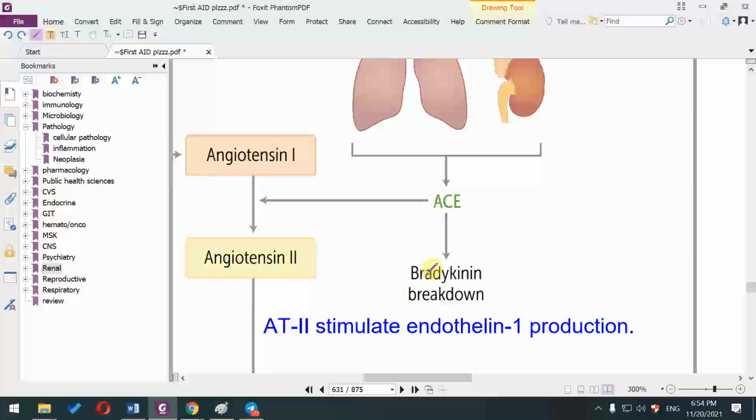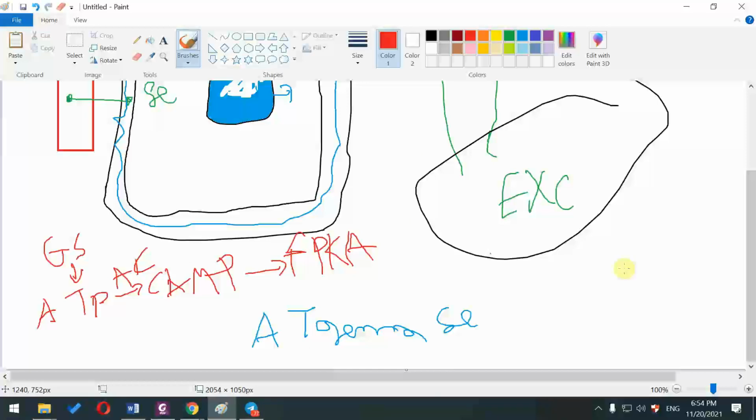Somebody is asking also about ANP and BNP breakdown, correct? Well, that's neprilysin. Neprilysin is basically an enzyme. What does neprilysin break down? It breaks down two substances: angiotensin 2 itself, and also ANP and BNP. The breaking down of angiotensin 2 is good or bad? It's amazing, it's good. What about the breakdown of ANP and BNP? It's really bad. So they were like, okay, let's give a neprilysin inhibitor, a drug